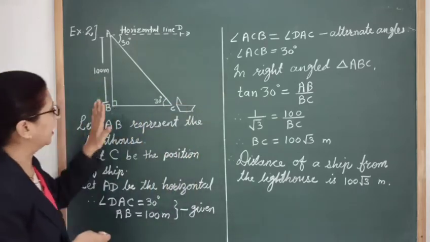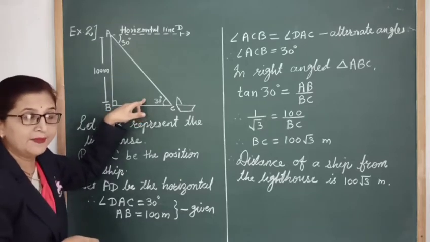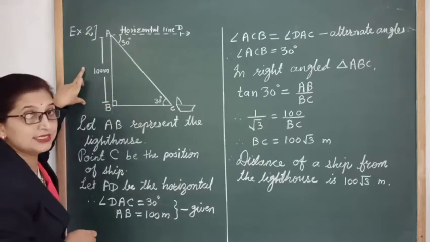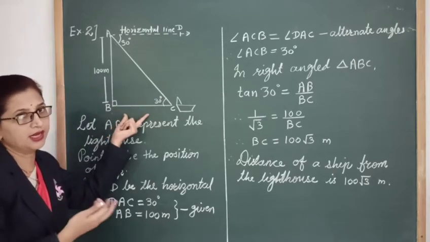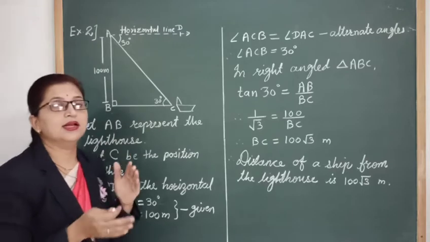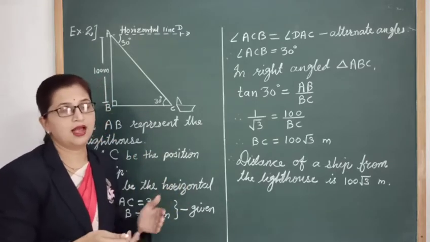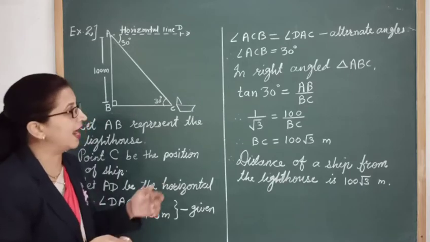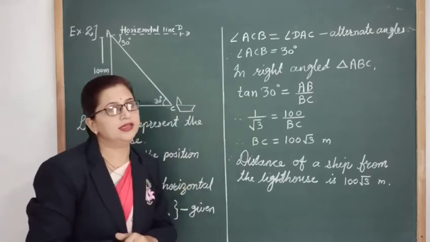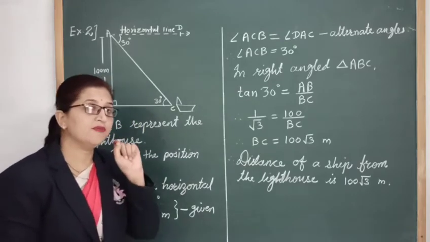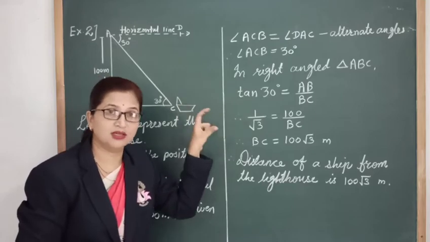Okay, now we know in this right angle triangle ABC, we know the theta. We know its opposite side. We want to find out its adjacent side. Okay, so here also we can use either tan 30 or cot 30. So as I already told you in the previous question, generally we use tan 30 only. By both ways the answer will be the same, only we have to take care. If you write cot 30, then you have to write the value of cot 30.